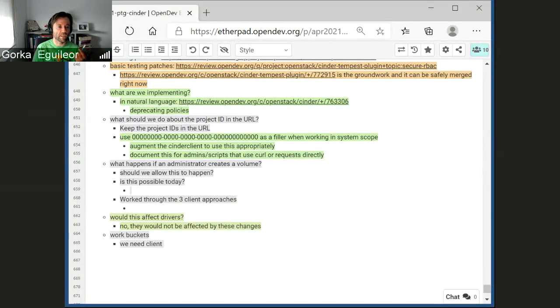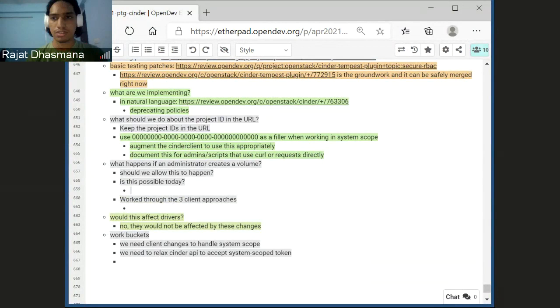And look at probably the only request that could be system scope, which is related to the default volume types, to make sure that everything is going to work there, and then wait until the rest of the client and middleware stuff is ready. Look, I looked into that code and I think there won't be any problem. Okay. Good.